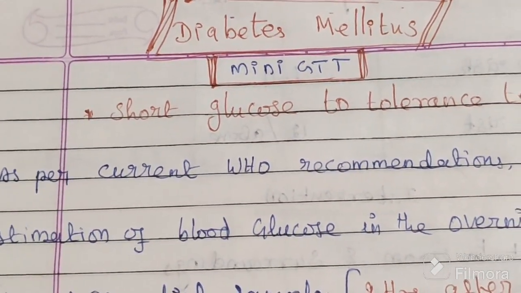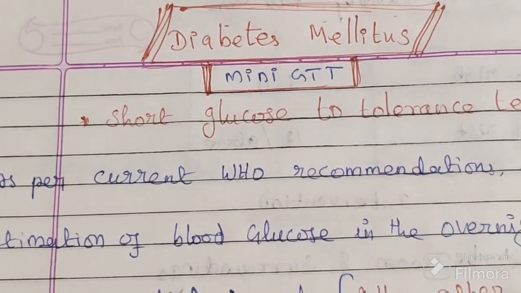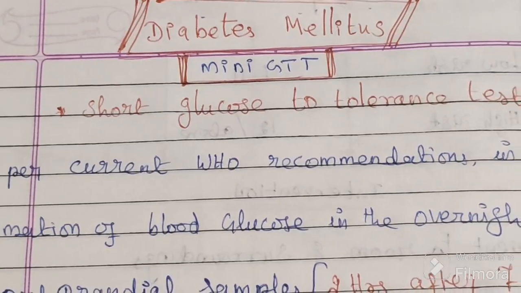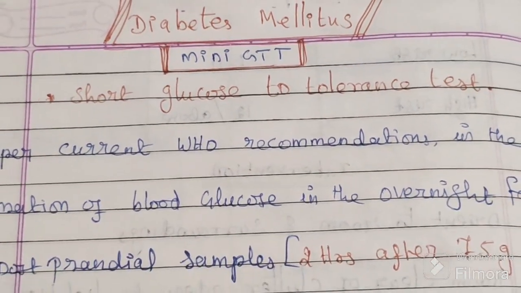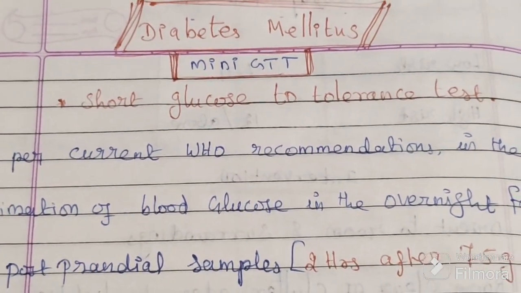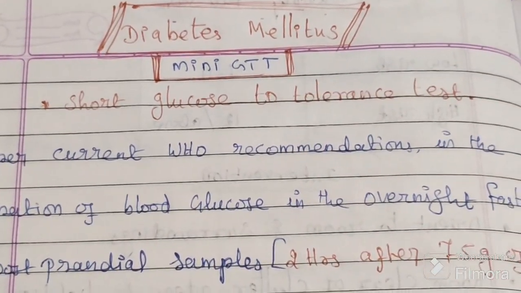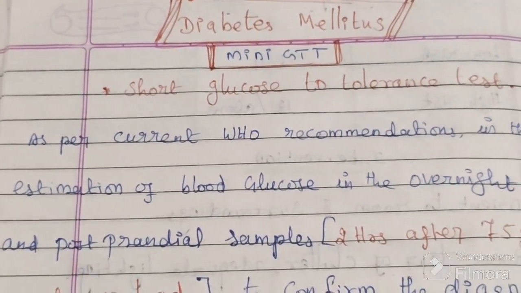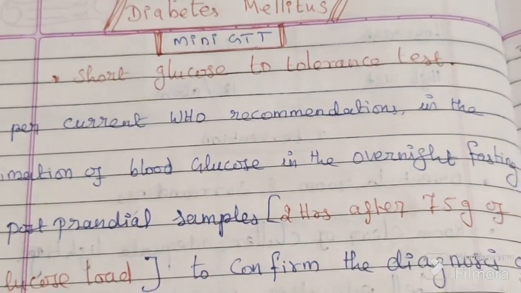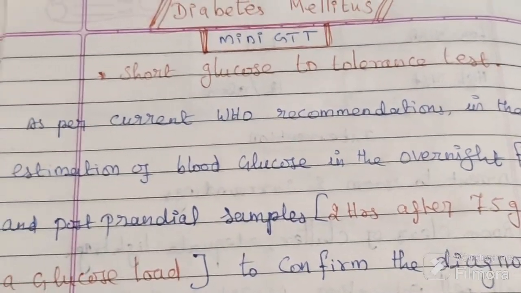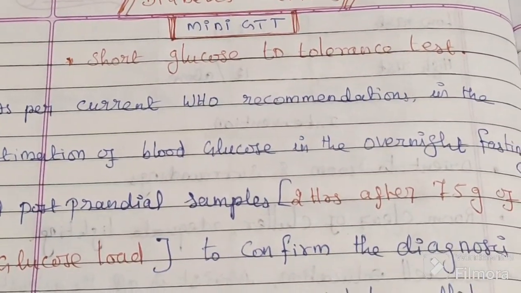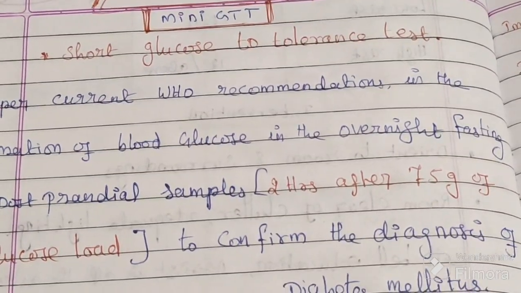Here, investigation of diabetes mellitus. First test, the oral glucose tolerance test. This one is the short glucose tolerance test. As per current World Health Organization recommendation, in the estimation of blood glucose in the overnight fasting